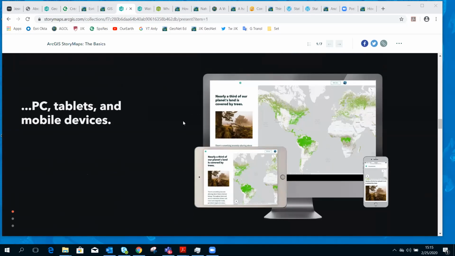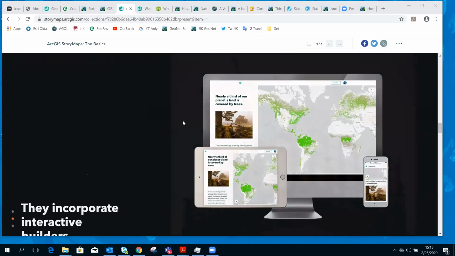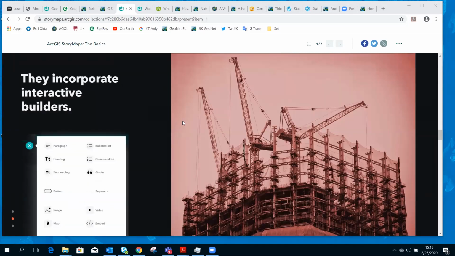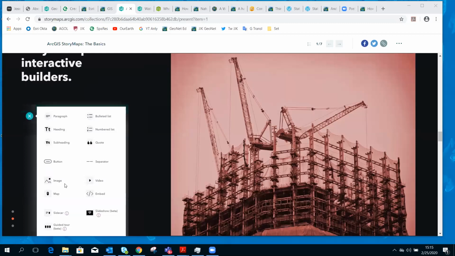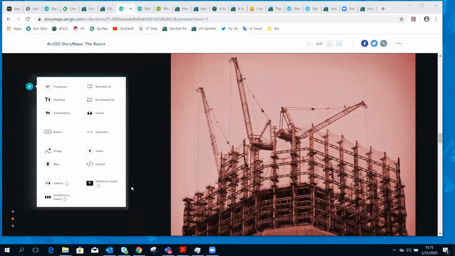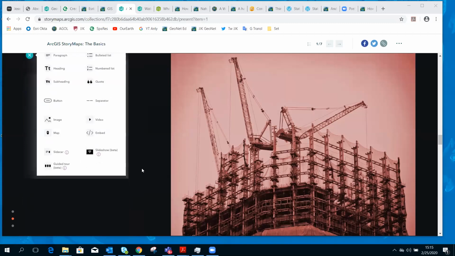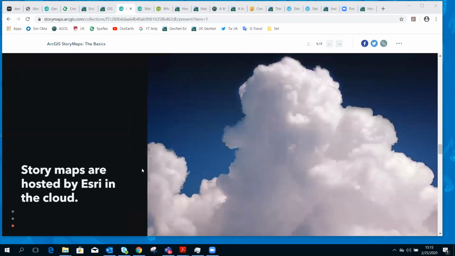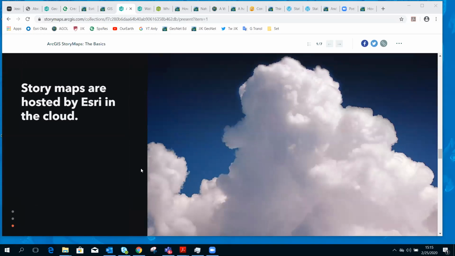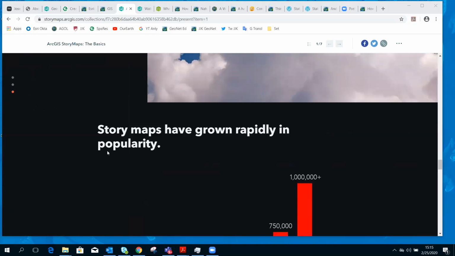They work on a variety of different devices. They're enabled to work on different devices without any coding required. And they incorporate these interactive builders that I'll illustrate here in the webinar today, where you're basically clicking on, oh, I want a subheading. Oh, I want an image. Oh, I want a slideshow inside there. So these tools are easy to use. And as the Story Maps platform evolves, every time it updates, it gets easier to use and more powerful. So keep in mind that these tools are rapidly advancing, and that is actually good news for you and I as educators. They're hosted by Esri in the cloud, so there's nothing you actually need to store on your own